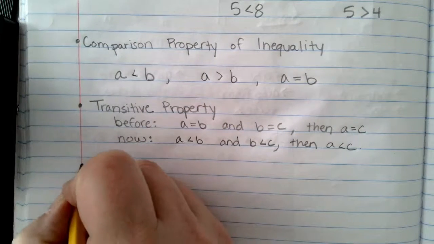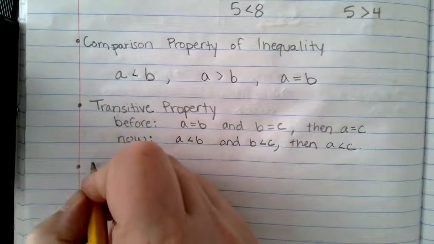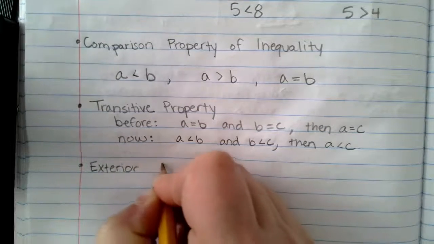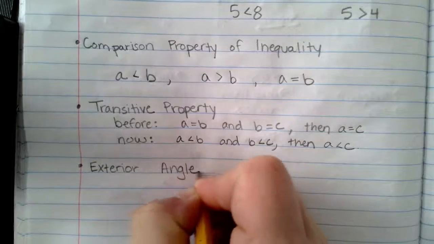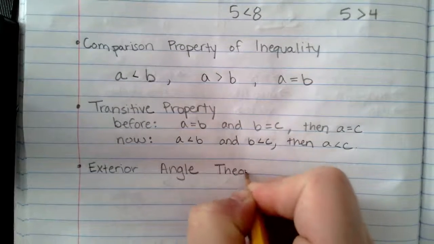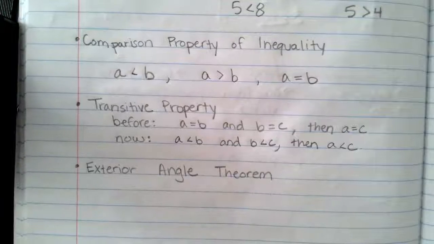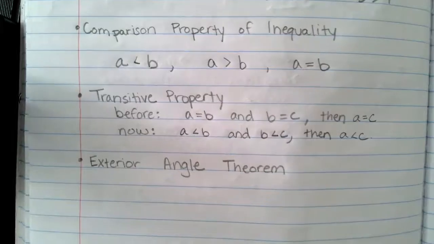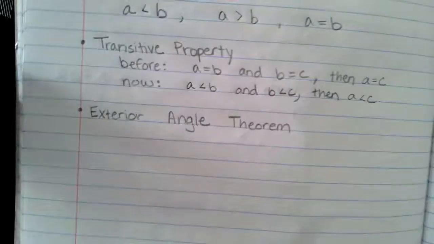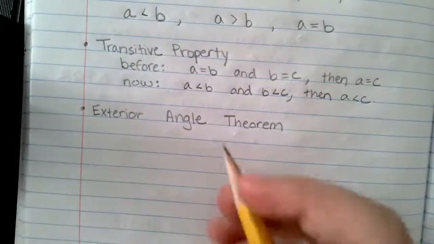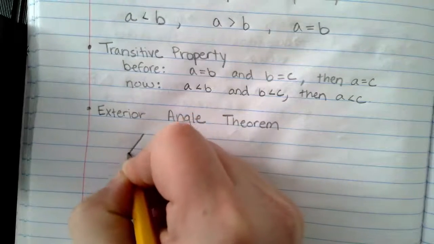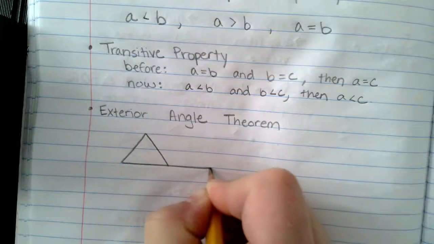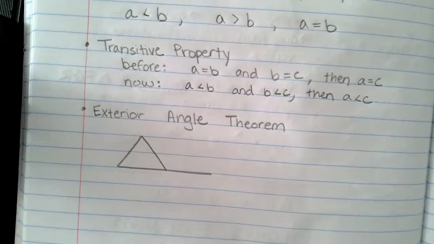We're going to throw back to the exterior angle theorem real quick. This we learned back in chapter 4, and this is what we just talked about. So if I have a triangle and one side is extended, meaning it goes longer and goes past that vertex,